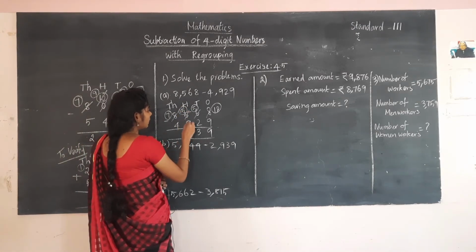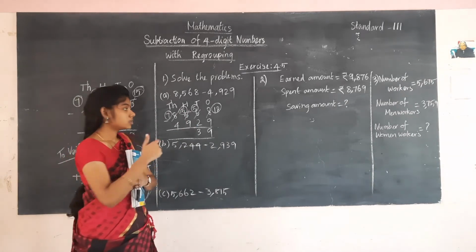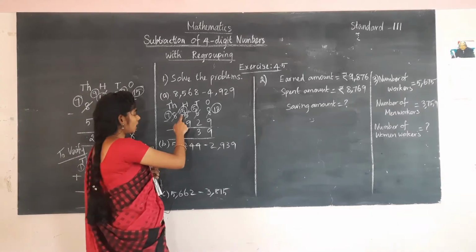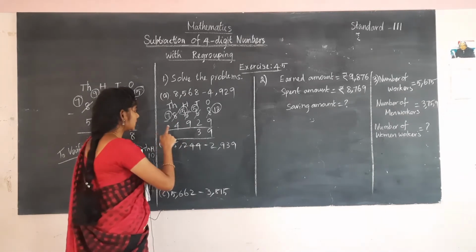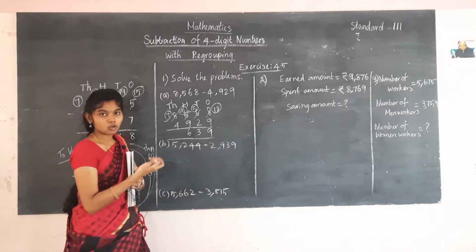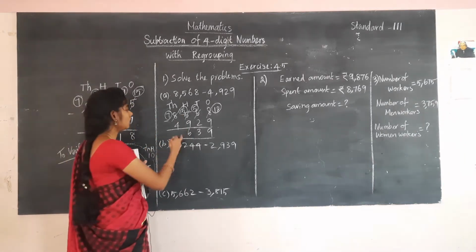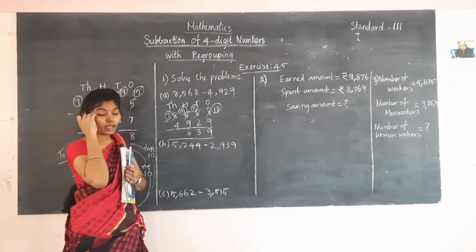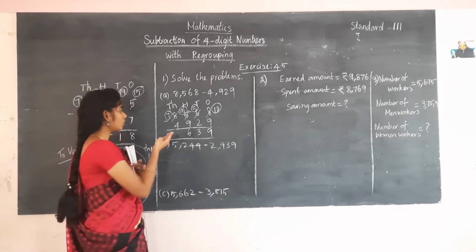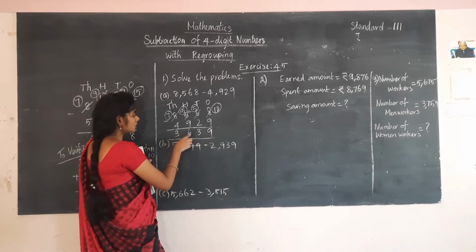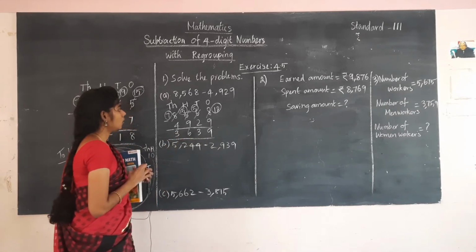So now 15 minus 9. So now say the before number of 15 and 9 in the finger. While you are saying the before numbers, you will get the answer as 6. So before 15 is 14. So likewise you have to say the before numbers, and you will get 6. And here 7 minus 4, 7 in the mind, and you will take 4 in the fingers. So you will say the before number of 7. So you will get 3. So 3639 is the answer.